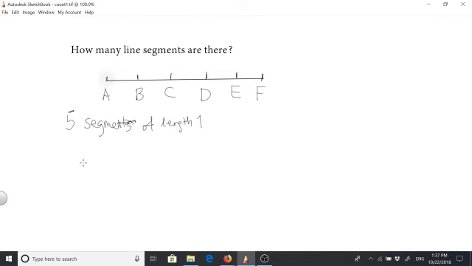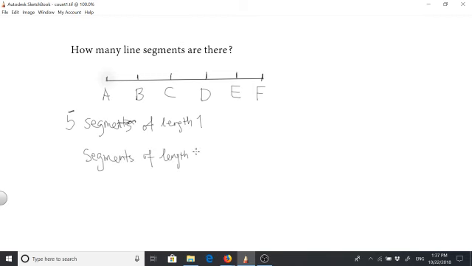And they are segments of different lengths. So one organized way to count is to count segments of different lengths. After we count 5 segments of length 1, we'll count segments of length 2. And we'll ask ourselves how many segments are there